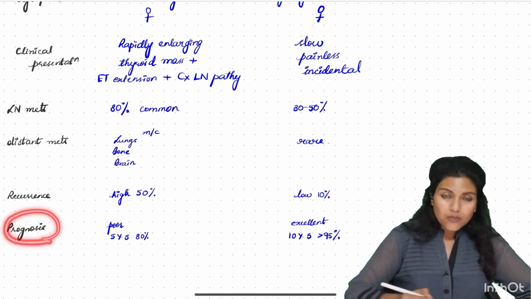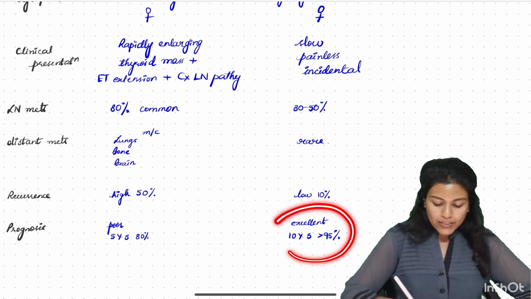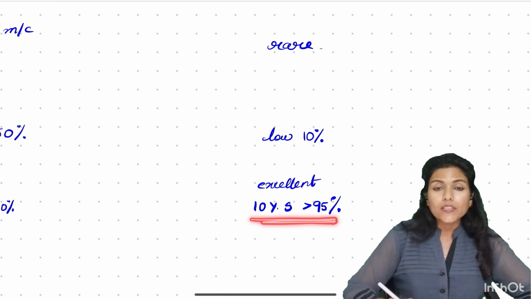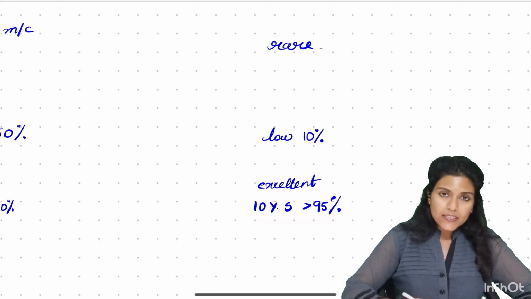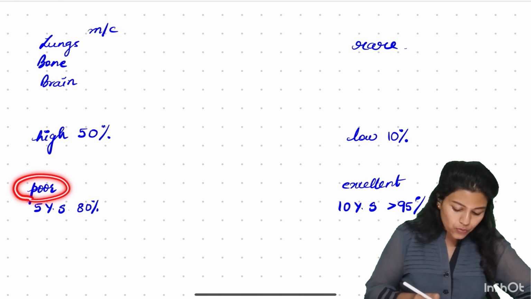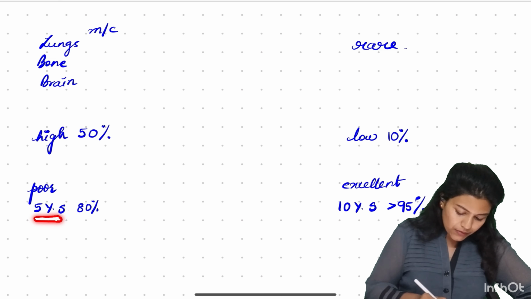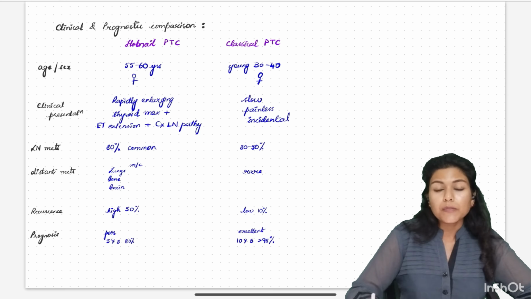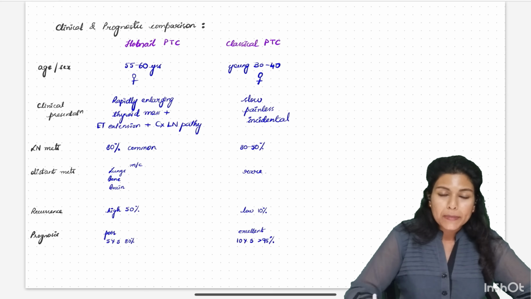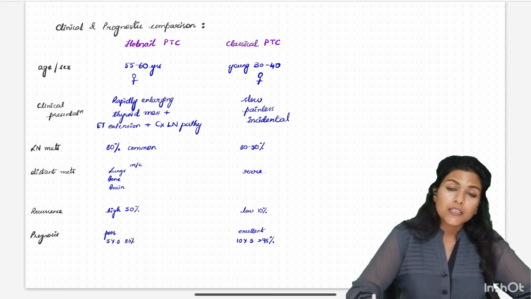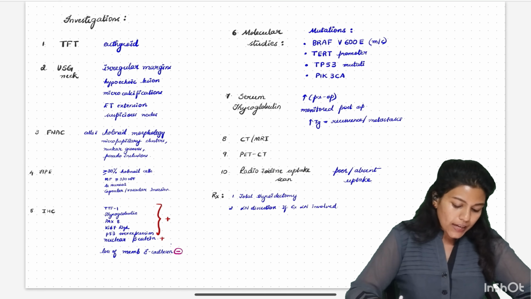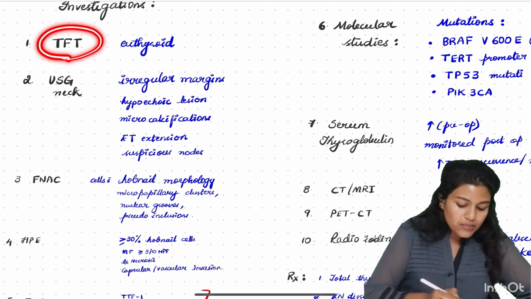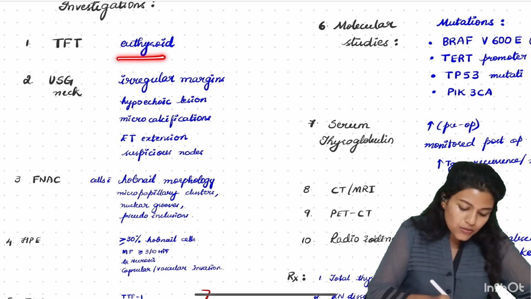And prognosis also, the classical ones have an excellent prognosis with a 10-year survival rate of more than 95%, whereas the Hobnail variant has a poor prognosis, and the 5-year survival rate is only 80%. So this is the comparison between the classical PTC and the Hobnail PTC in terms of clinical behavior and prognosis. And coming to investigations, the thyroid function test in Hobnail PTC mostly shows